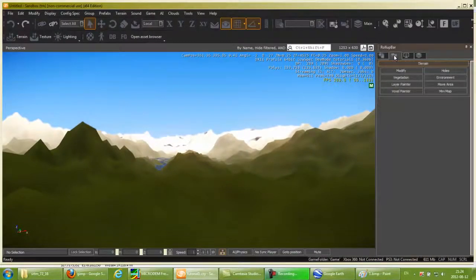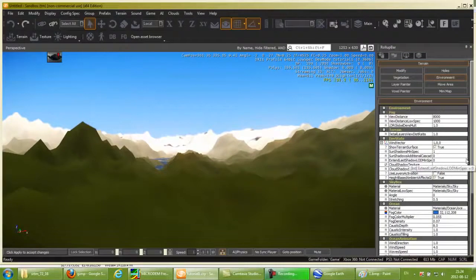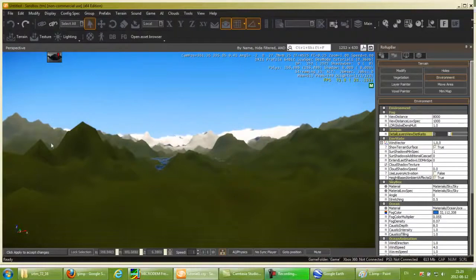This actually needs to be configured in the detail layers view dist ratio, in the environment tab, I don't know, in the terrain tab. So let's just change it to not 1 but to 2, for example, and we can see that the detailed terrain is shown at a much bigger distance,